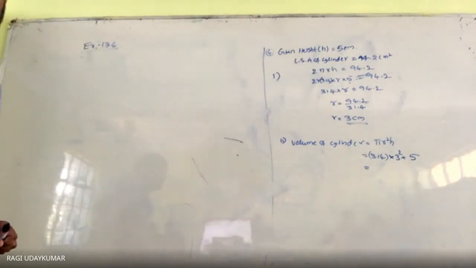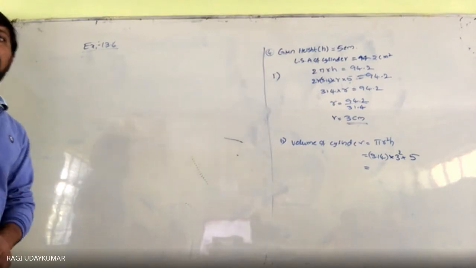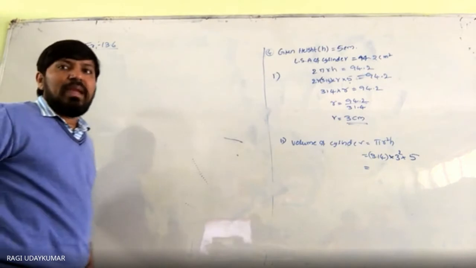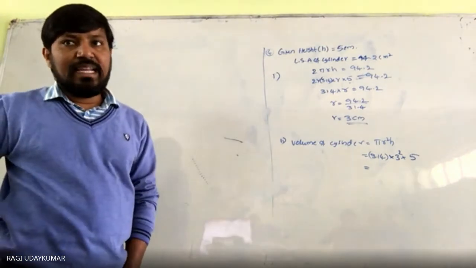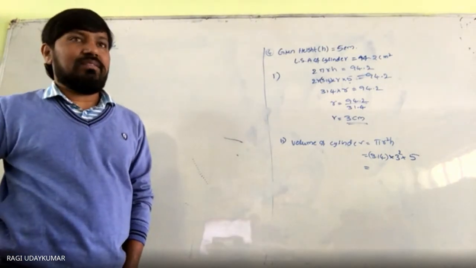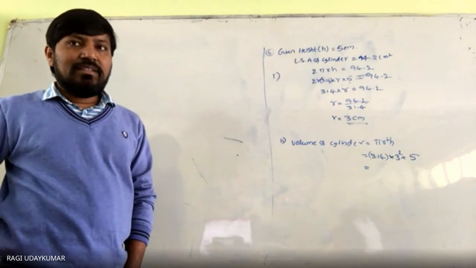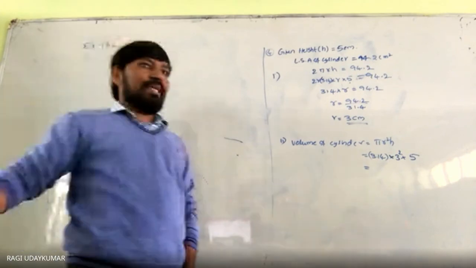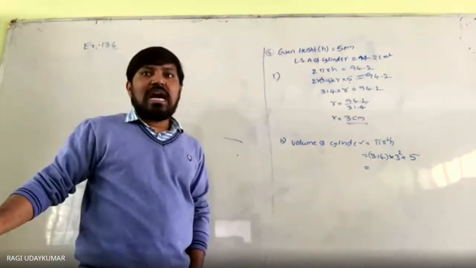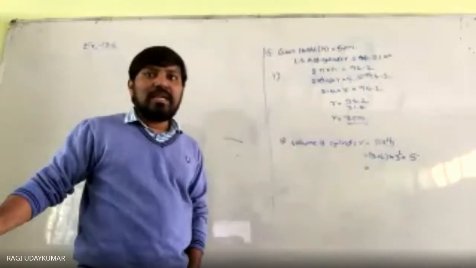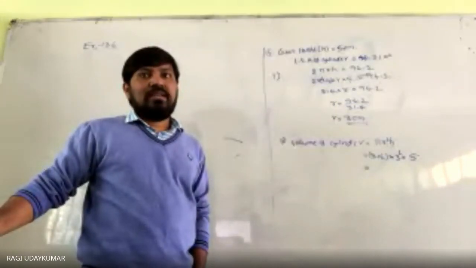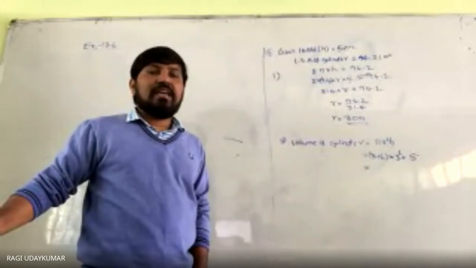Okay. Next, fifth question. It costs 2,200 rupees to paint the inner curved surface area of a cylindrical vessel of 10 meters depth. The depth of the cylindrical vessel is nothing but the height. And the cost of painting is at the rate of 20 rupees per meter square. Find the inner curved surface area of the vessel.